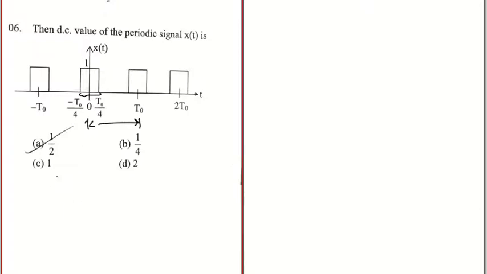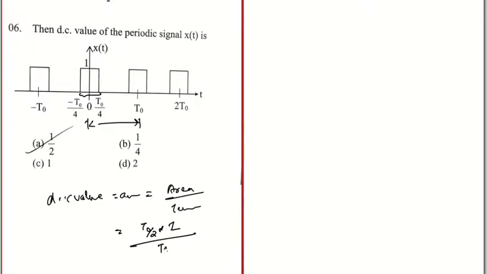So the average value, or DC value, is simply what we are asking about, that is equal to area divided by time period. What is the area? It is t0 by 2 into 1, divided by the time period, which is t0 itself, which is equal to 1 by 2. Okay,